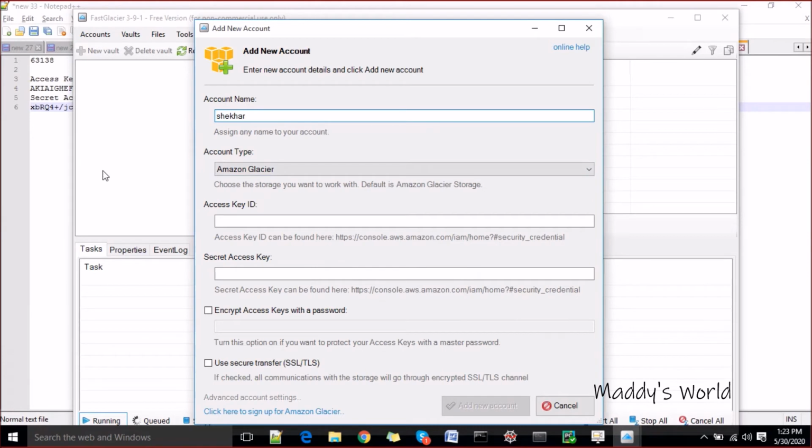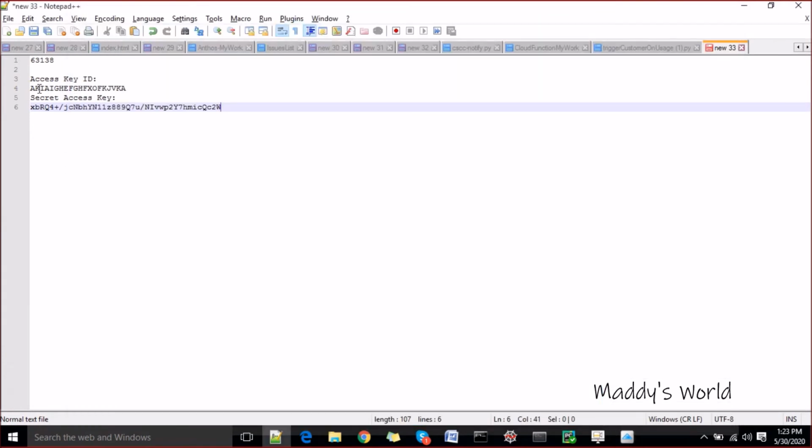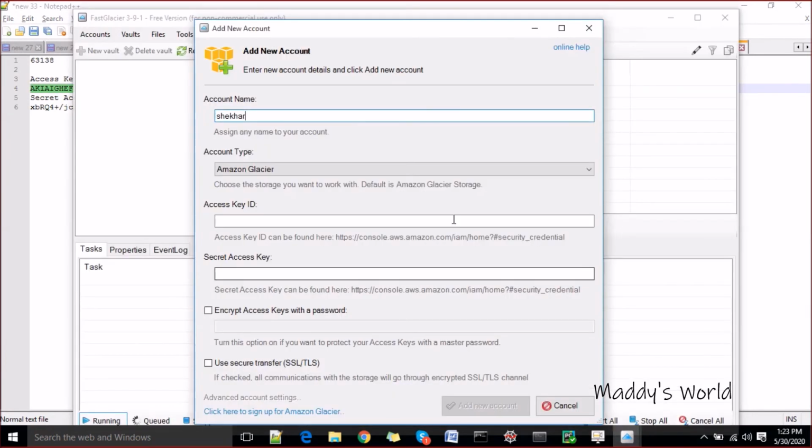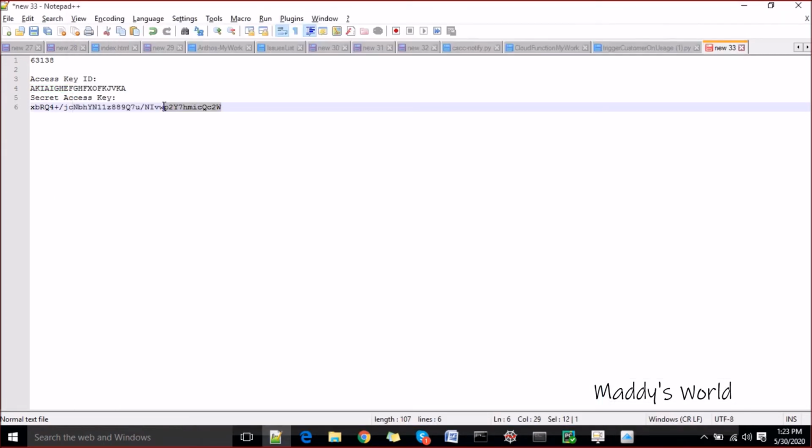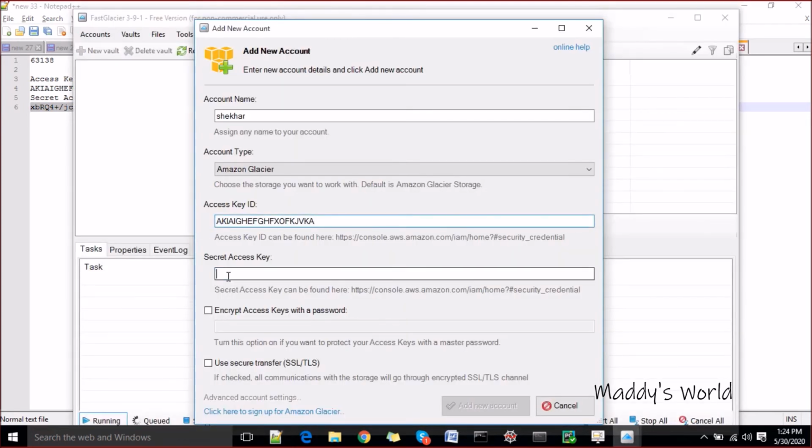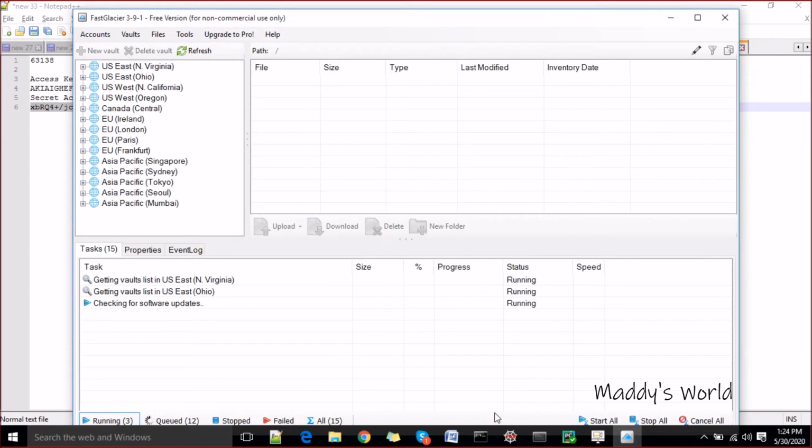It's Amazon Glacier. Let's take the access key. Let's go ahead and find the secret key also. Click on add new account.